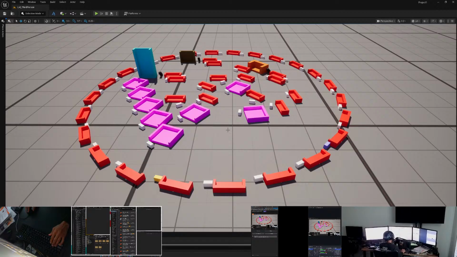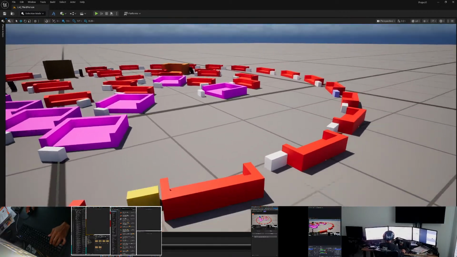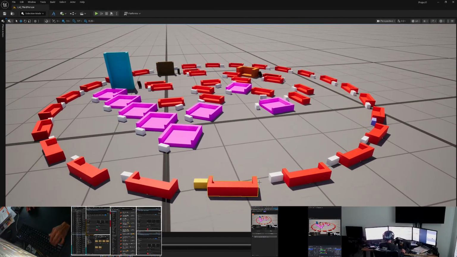Since we don't have any of that, let me see, there should be a quick way to check the number of draw calls for the scene, but your GPU basically has to call for the object, which is a draw call. And if each object is an instance and you have that object in the scene 50 times, you're only calling for the object once and then instancing that one call in the scene by the coordinates of their placements. If you have 50 unique assets,